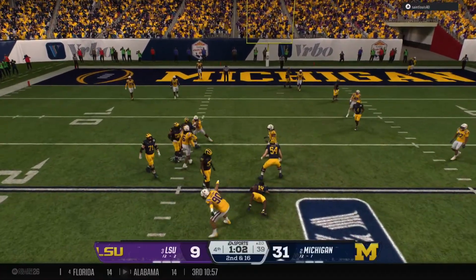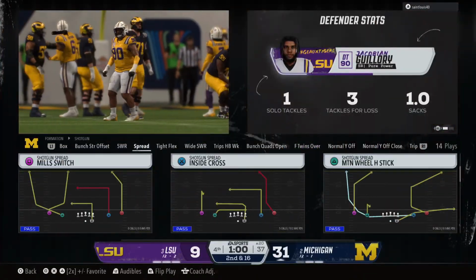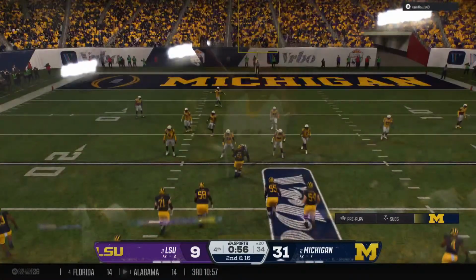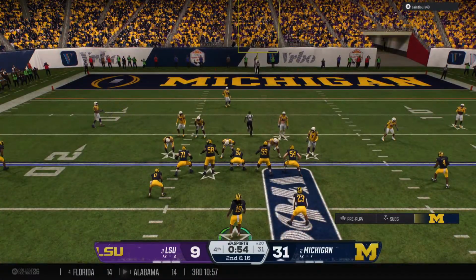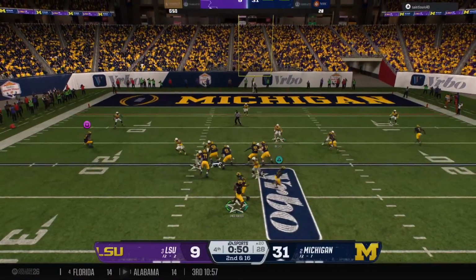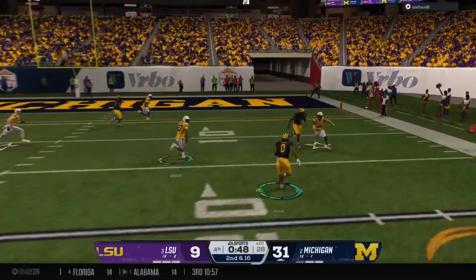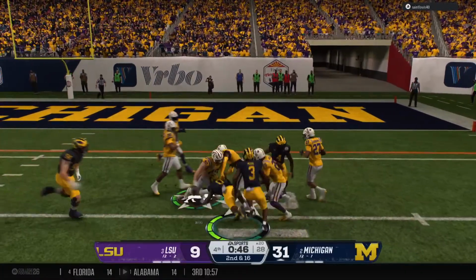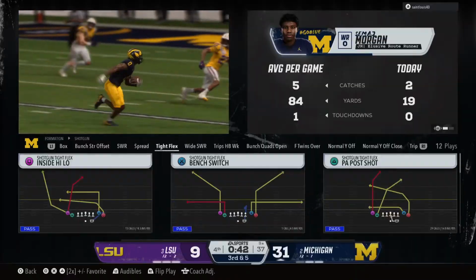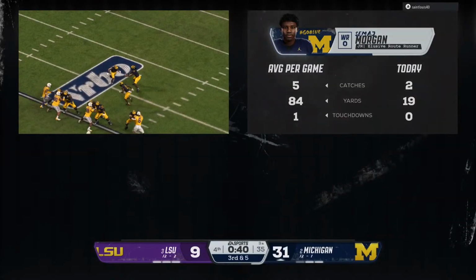He cannot escape. It's a sack. So the first snap in the red zone, and this defense, I'll tell you what, they are up for the challenge. A big sack that could really lessen the damage on this drive. Caught in the backfield. It's Morgan. He's tackled, but down at the 9-yard line.